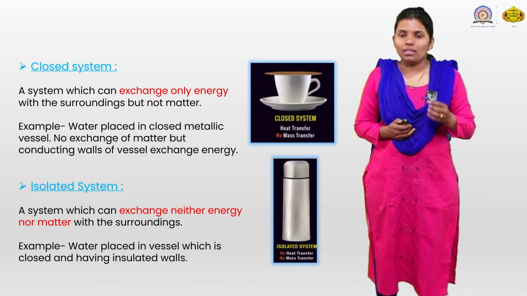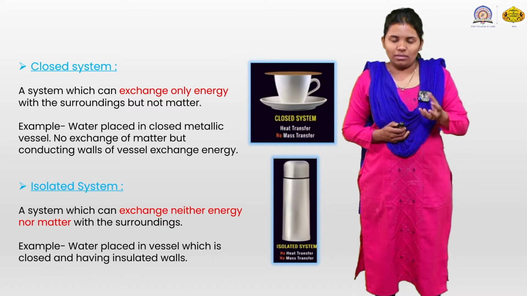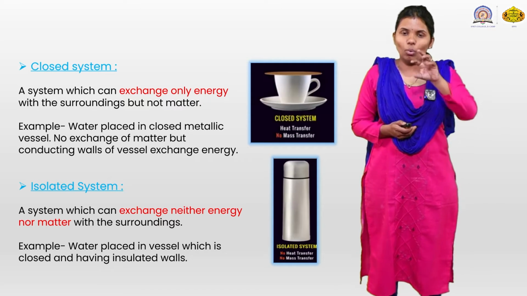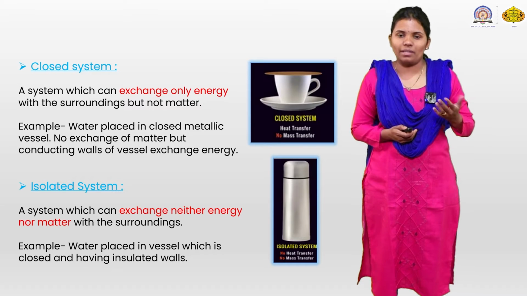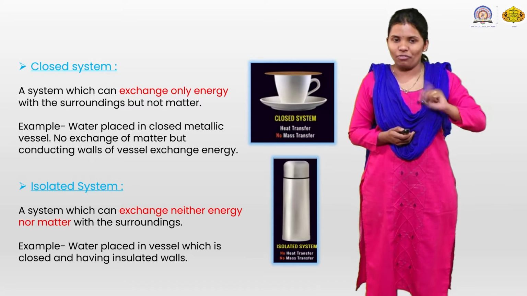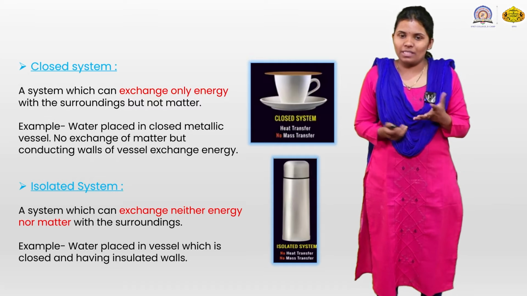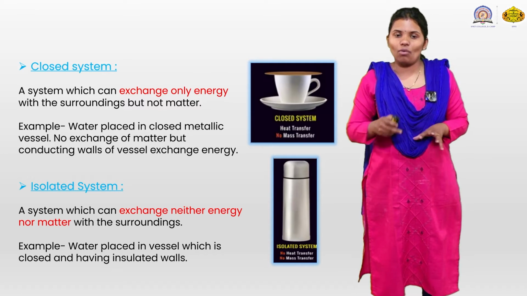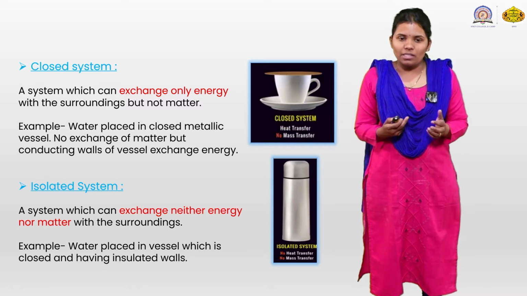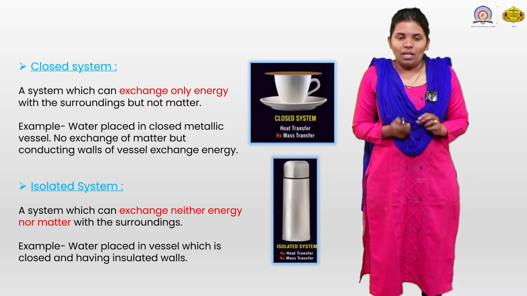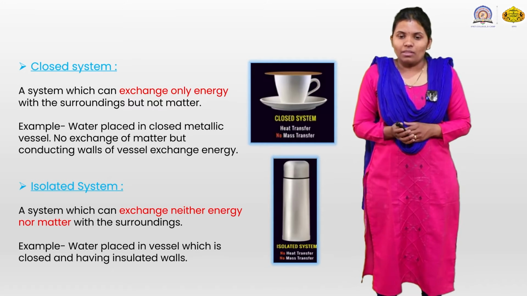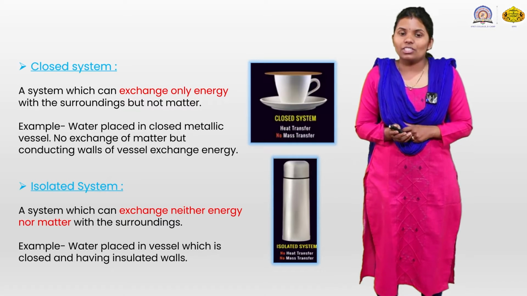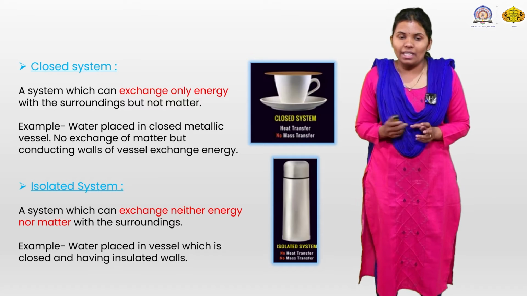As you know, when the hot tea is inside the cup, the system gets hot, so that there is only energy exchange, not matter. As it is closed, there is no exchange of vapors. Water placed in a closed metallic vessel has no exchange of matter, but the conducting walls of the vessel exchange the energy. The isolated system: a thermos flask is the example for the isolated system, which can exchange neither energy